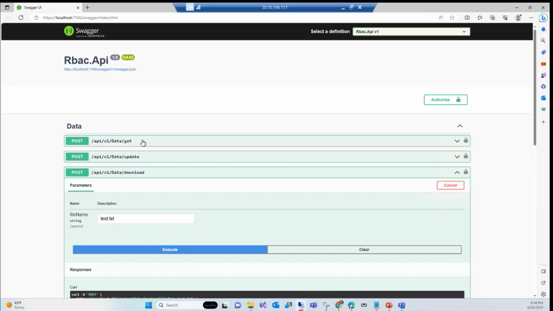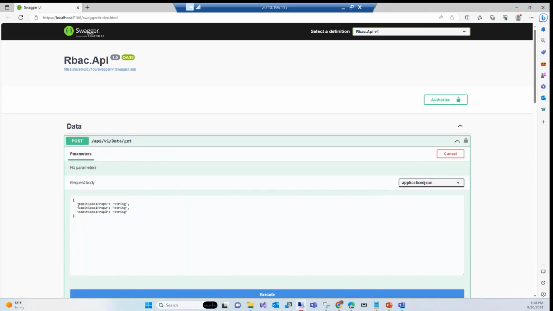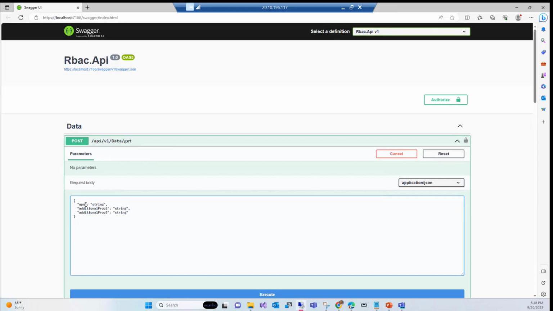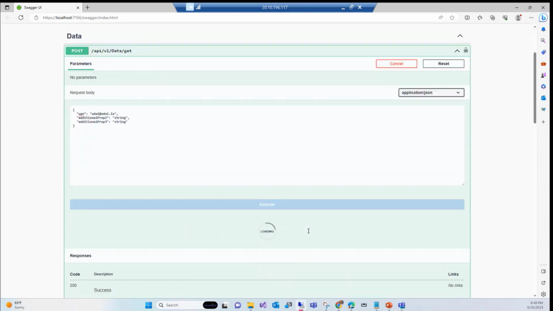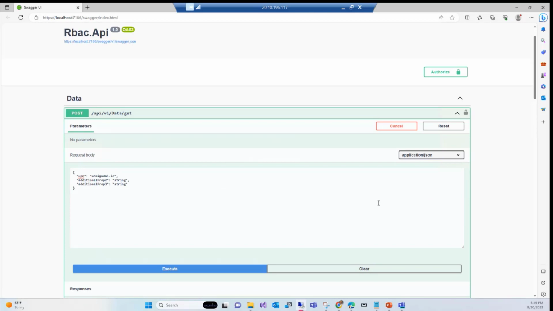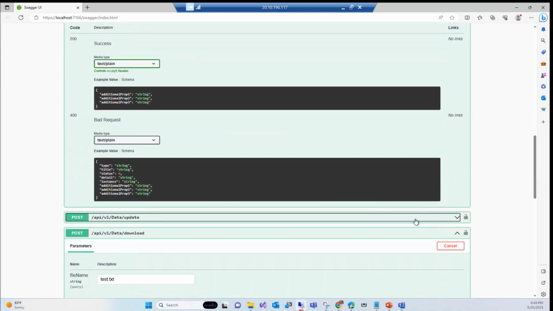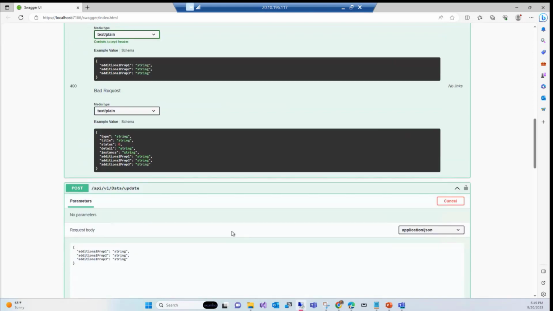If I want to get some data from the CosmosDB, I go here, try it out. I'm looking for UPN, and then I'm looking for some value called Udai.io. I can pass in all the other parameters, but it only looks for one parameter, and then I say execute. Right, and it returns the partition key. I'll show the code in a second. That's a read operation. Similarly, if I want to do a write operation here, again, this code is available. You can download and play with it.